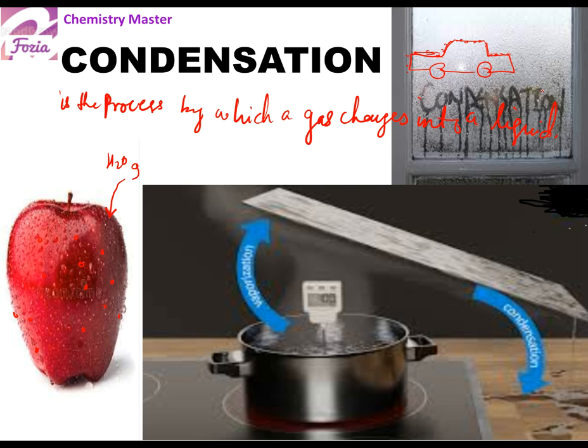Now how does it happen, what happens to the particles of the gas when it condenses, and what is the necessary condition? This diagram will explain the main reason. This is a container in which water is boiling, the temperature shown is 100 degrees Celsius. At its boiling point, the liquid water is turning into vapor, and when these vapors rise and find some cool surface, they start condensing and turn into liquid. So we find liquid water again. This is also mentioned in the water cycle, as you have been studying the same topic.